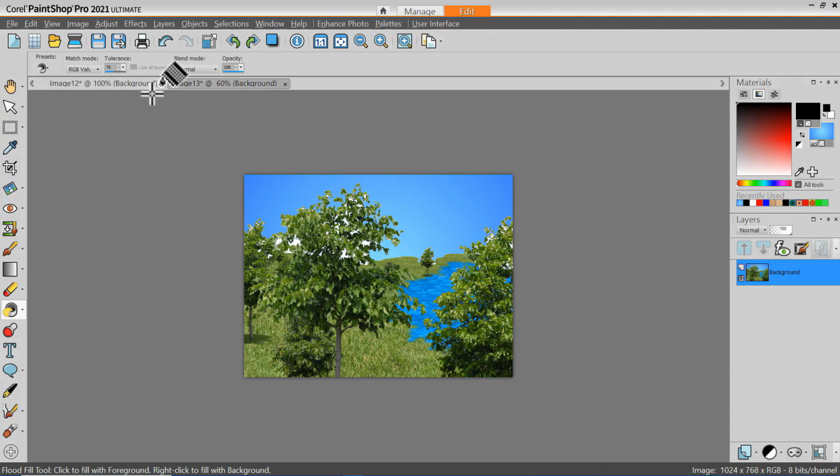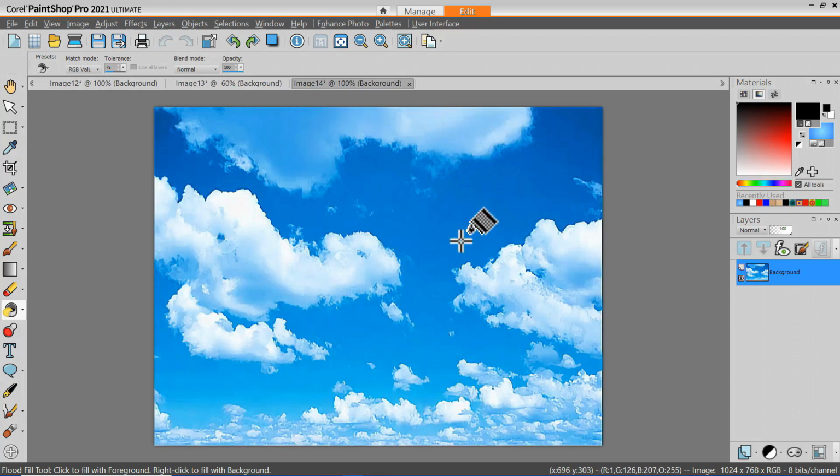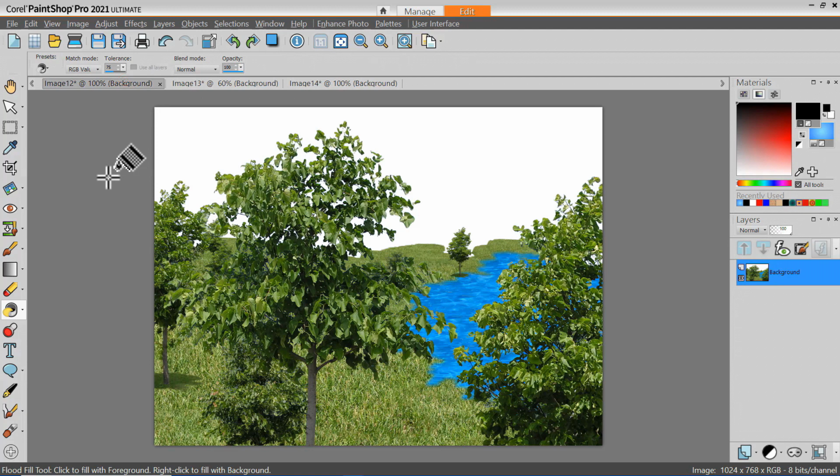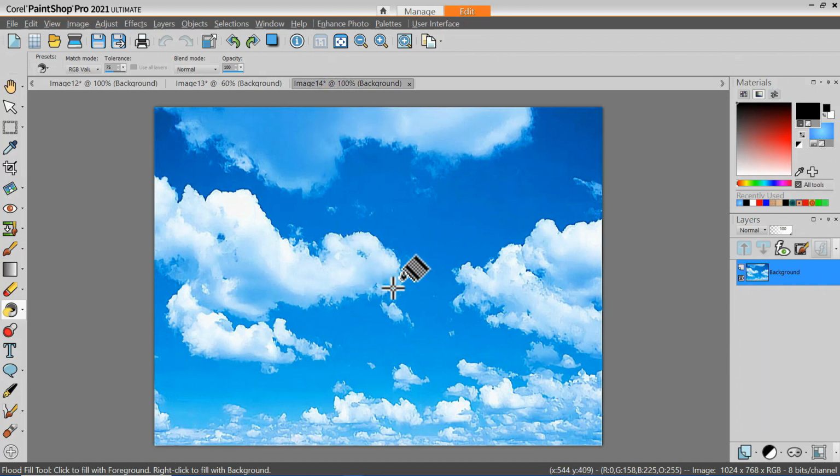There's another way to make a sky. Let me go find a sky picture. I went and I copied and pasted the clouds that we used once before when we were experimenting with text. Now I'm going to go to this image, not the one I messed with, but I'm going to go back to the original, and I'm going to copy that, and then I'm going to go over here to the clouds, and I'm going to say paste as transparent image,